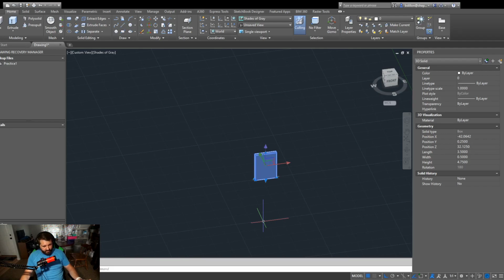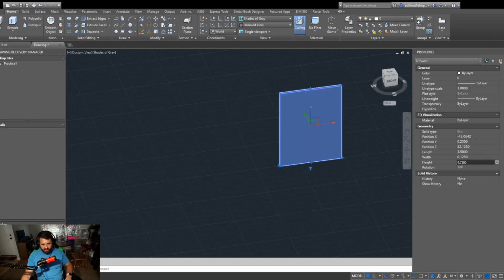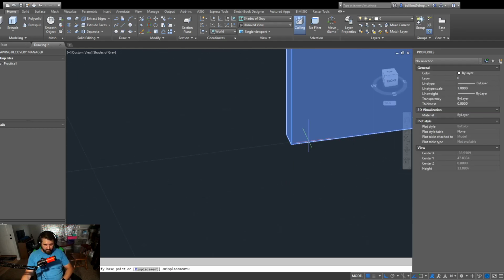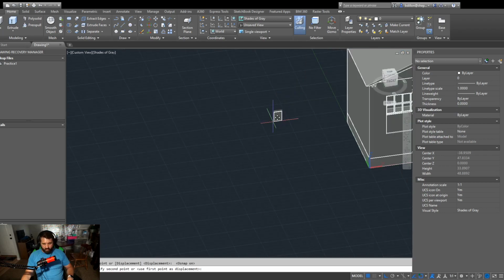That works just fine. But if you want to have any type of reflection, any type of glass, you're going to need to change that up. So the first thing we're going to do is reduce this, because right now it's too thick. So we're going to take that down, and I'm going to put it at 0.125. We're going to make that nice and thin, so it'll still have that framing around it, and we'll see how